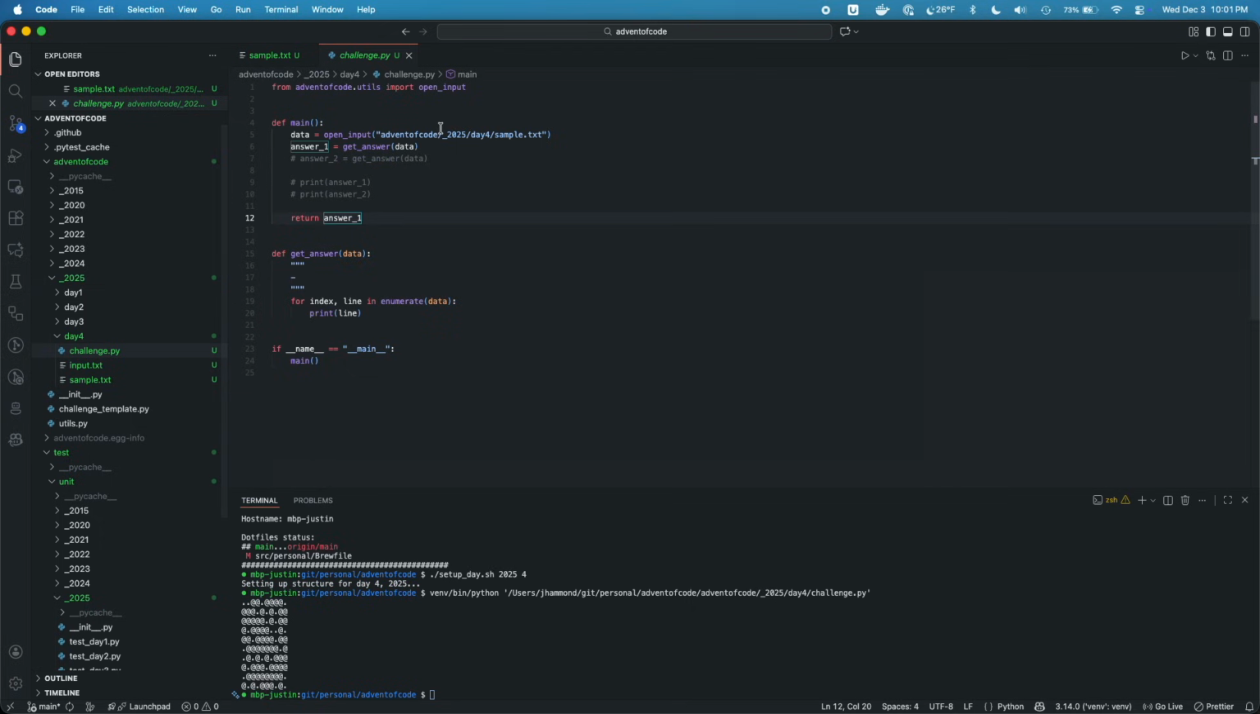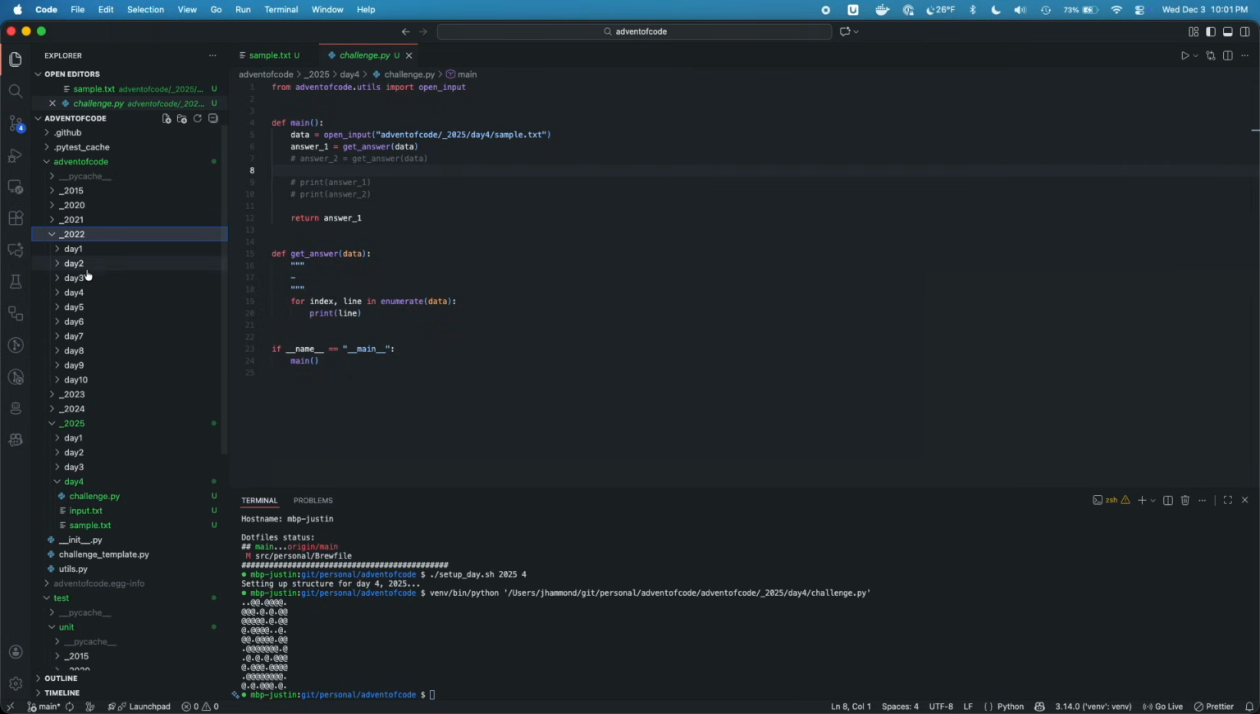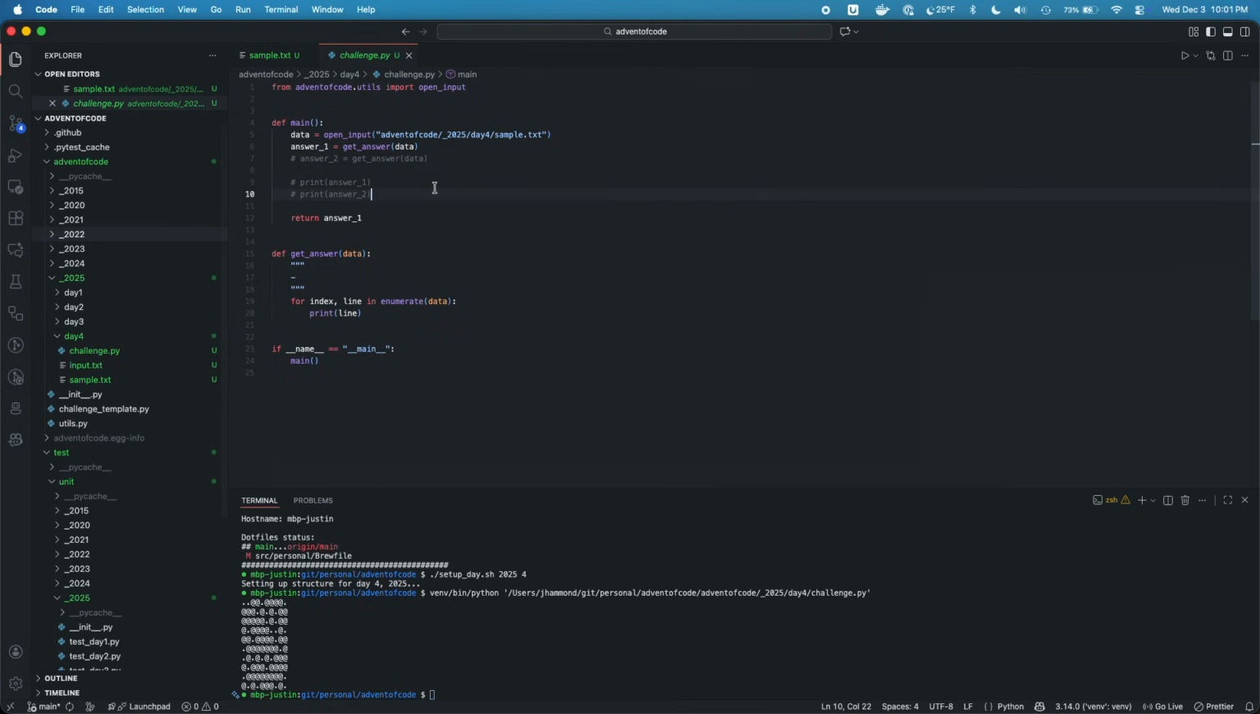I remember doing some puzzles like this in the last couple of years, and it was a pain in the butt. And let's see, probably one of these. And I'm not going to go through and find it, but